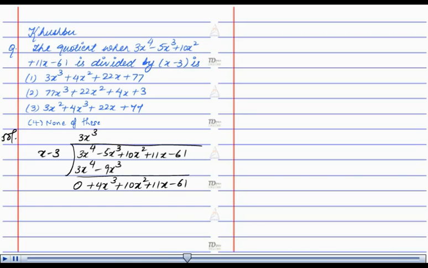4x cube when divided by x gives 4x square. 4x square into x is 4x cube. 4x square into minus 3 is minus 12x square. Subtracting the expression from the above expression, we get 0 plus 22x square plus 11x minus 61. 22x square when divided by x gives plus 22x. That will be 22x square minus 66x, which gives